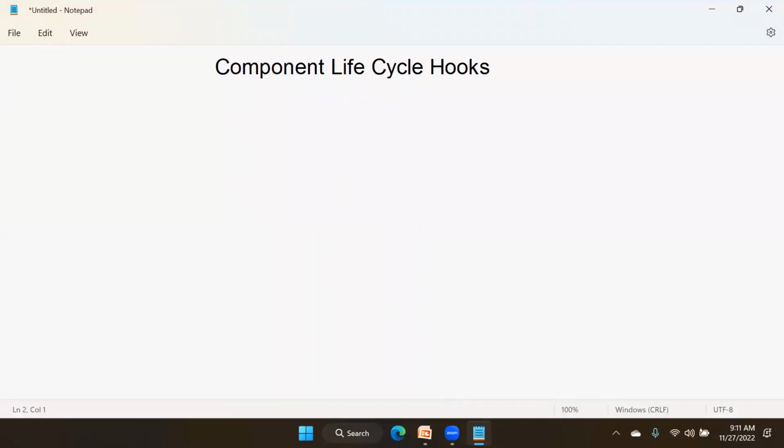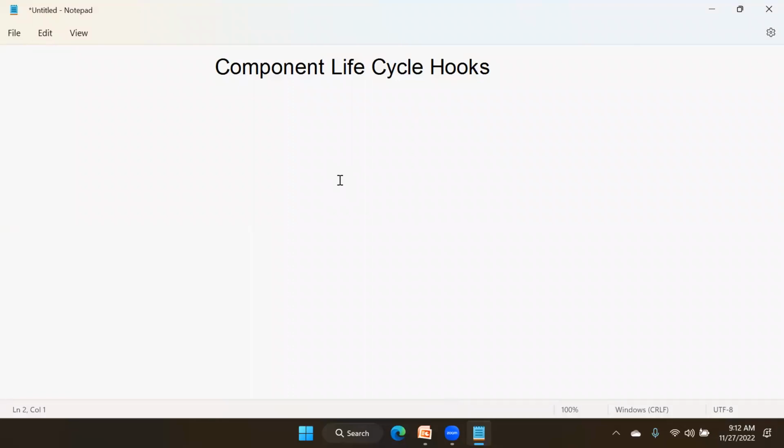This is very important with regard to interviews. That means in interviews, a lot of questions are asked related to this topic. At any level, either experience level or fresher level, so many questions are asked here. That means 50% of your Angular interview you can handle if you are good in this topic, if you are aware of this concept, right? So 50%